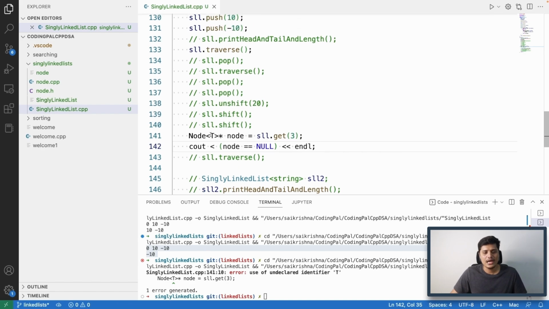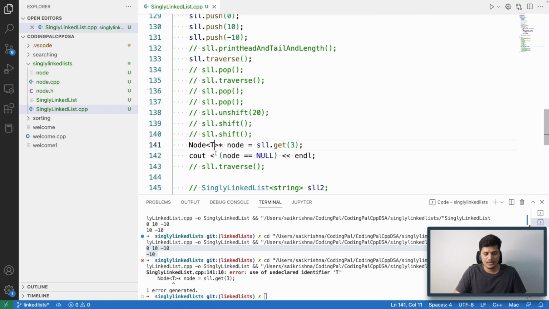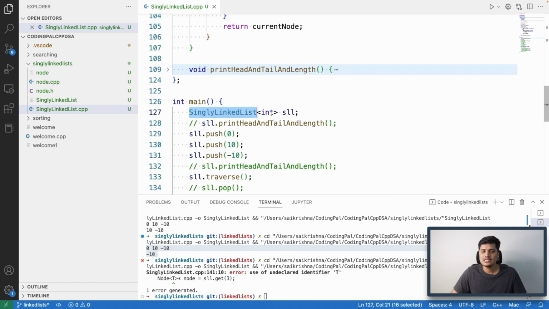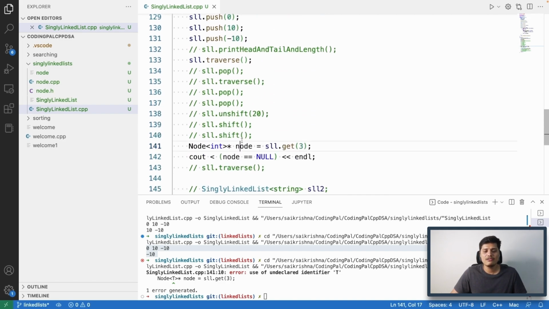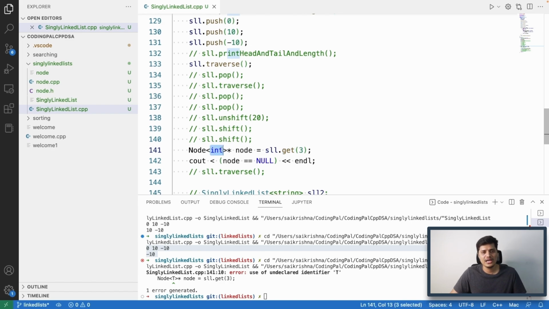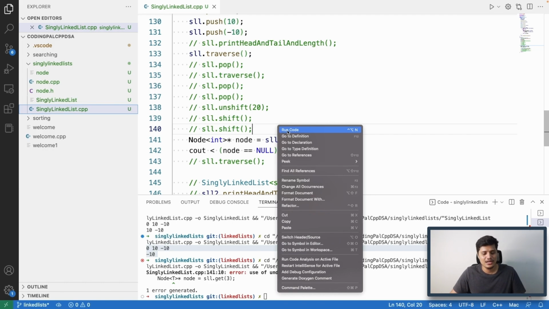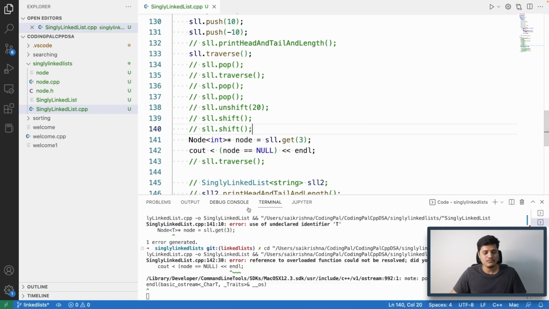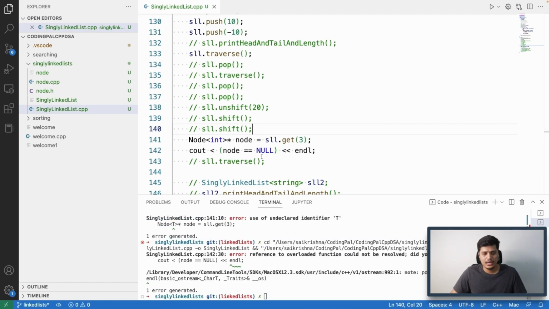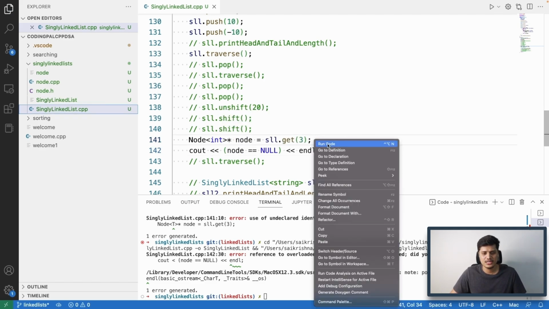Okay, here the type we have already mentioned, right? It is going to store the integers. As a result, here also we need to mention the int only, because as the singly linked list contains only integer values, the node that will be returned by the get functionality also will be of type int. So we need to mention that type here, and I missed that. As a result, it slapped me on my face, and now I'm correcting it. Okay, here I have missed one more pair here. Now if I run this once again,